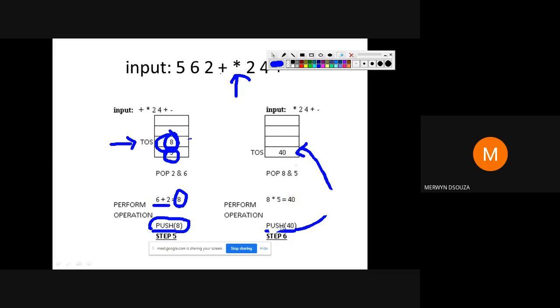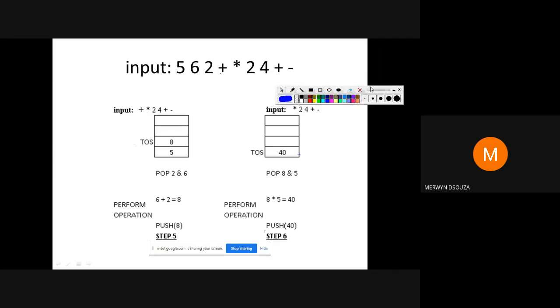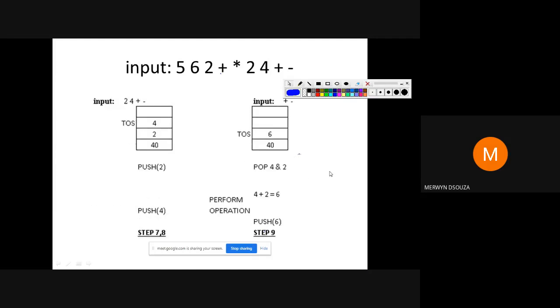Any questions? Next, you continue. After multiply, the next one that you're going to do is read the next token, that is 2.